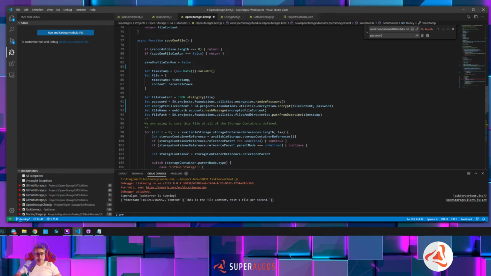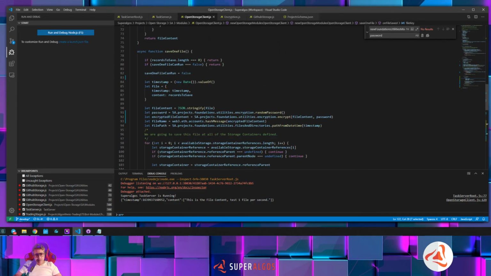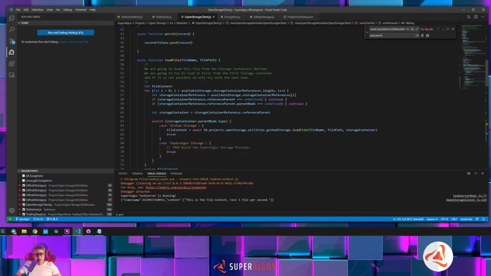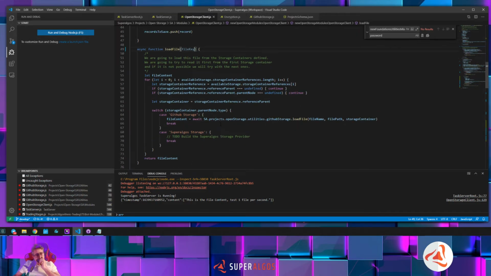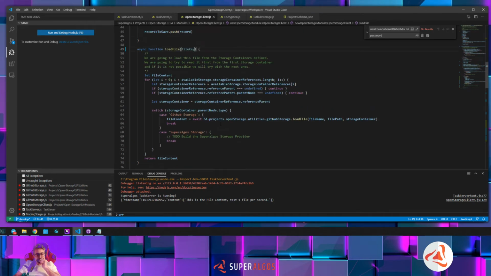Okay. So when we load a file, we will use a file key object. The file key, we will get it through the peer-to-peer network, and with the file key